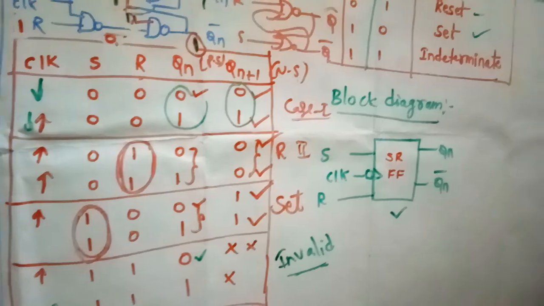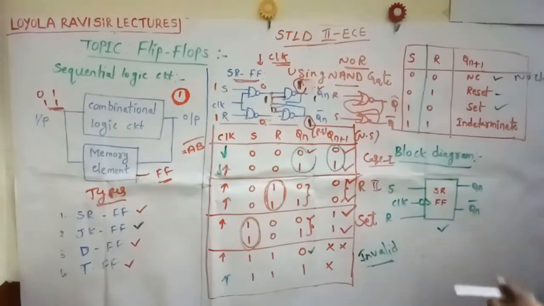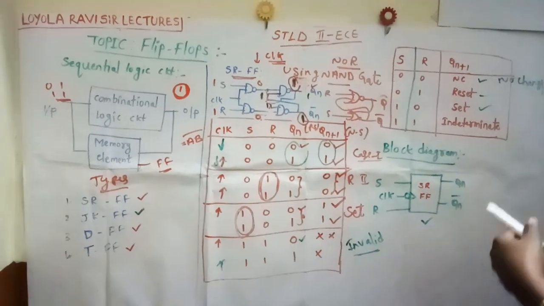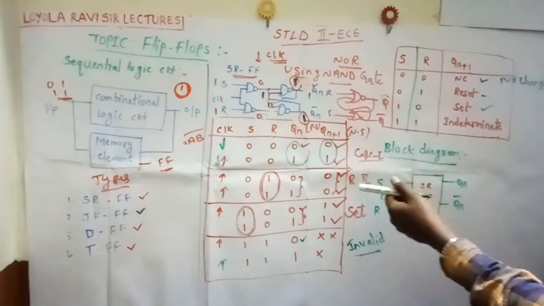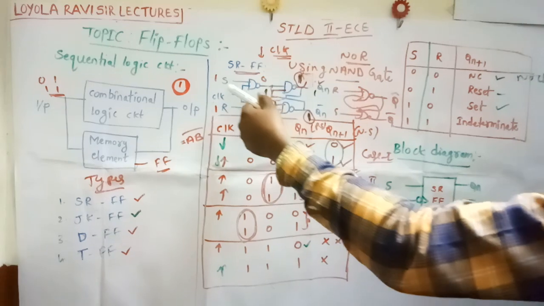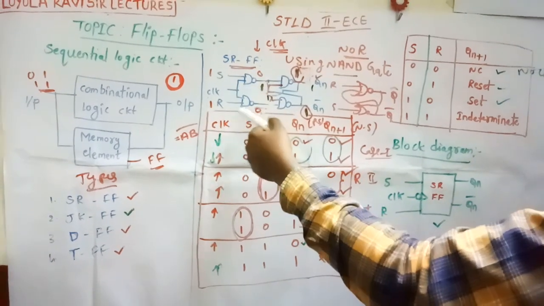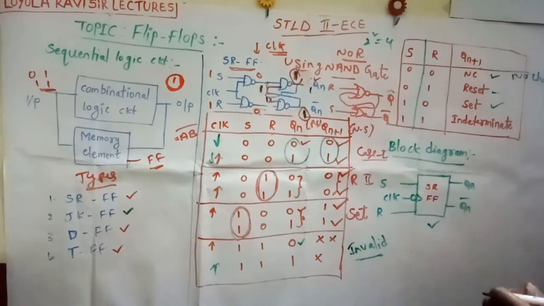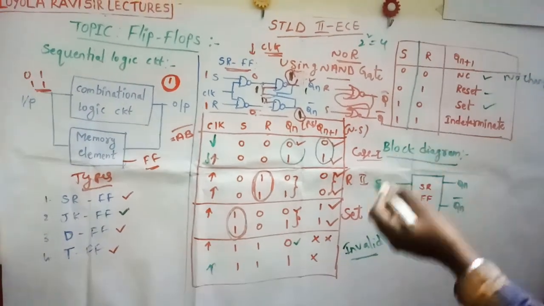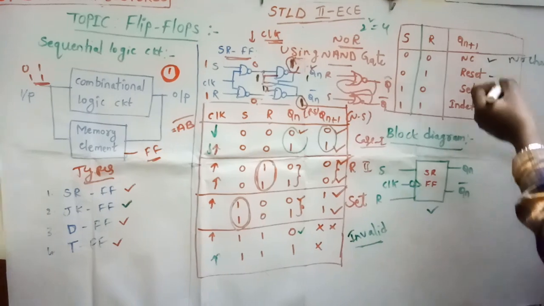This is SR flip-flop. Let us take this screenshot, because you can recall the same information again, how we are getting the corresponding outputs for all cases. 2 inputs here, we have S and R. That's why 2 power 2, nothing but 4 combinations: 0 0, 0 1, 1 0, 1 1. In those 4 cases, we will get the corresponding outputs like this.